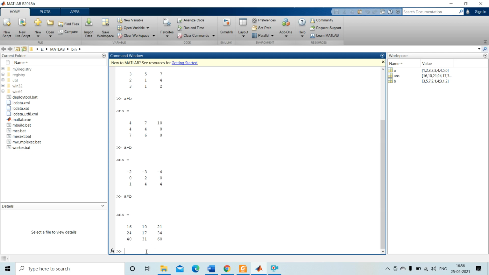Then exponential. See, if I want to find out a to the power 2, that means a square, enter. This is our exponential operation, a to the power 3. This is also exponentiation.